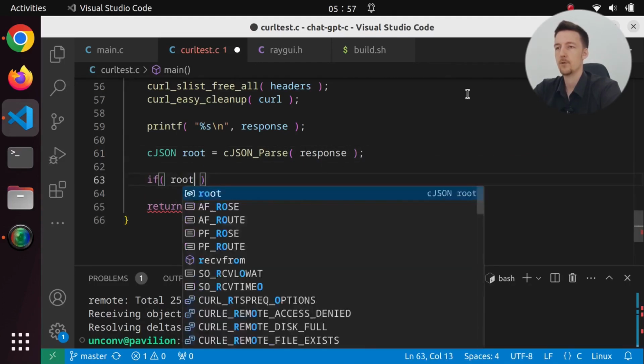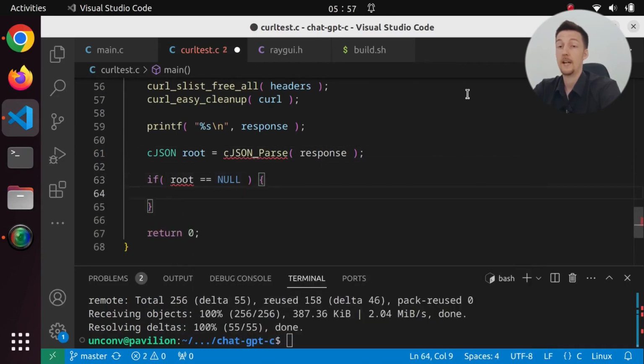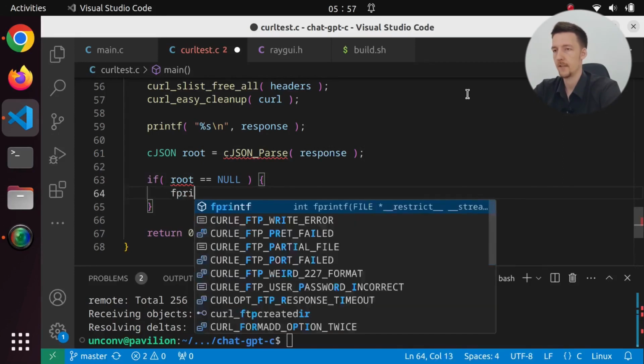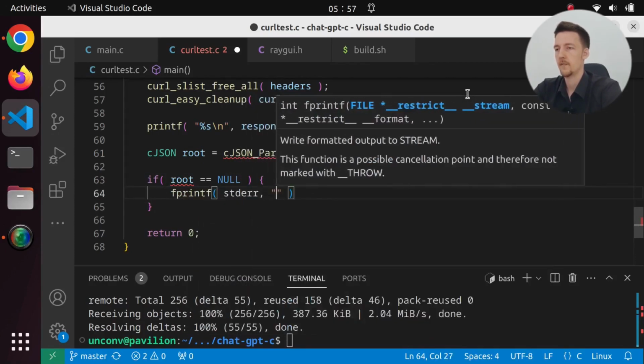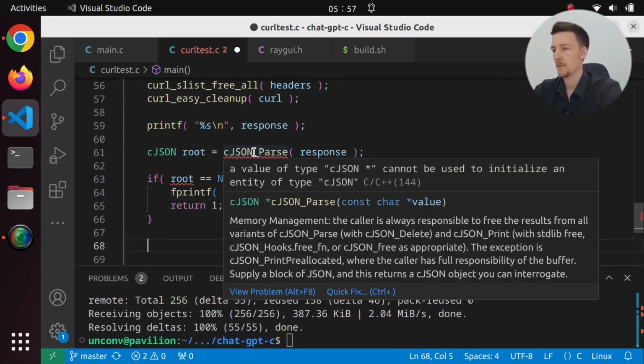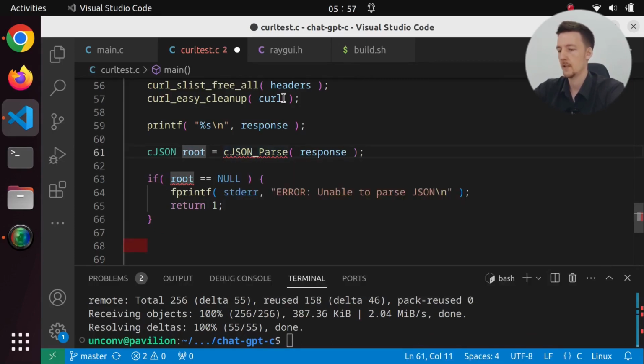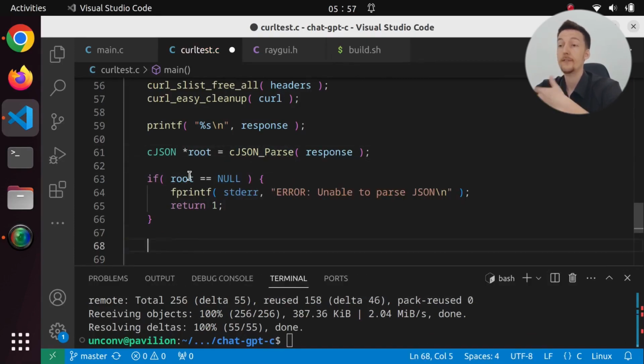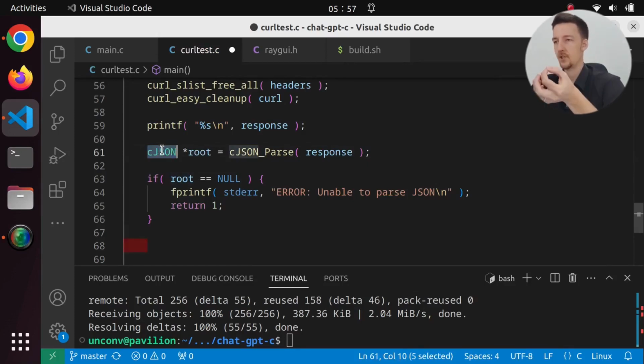And if root is null, then we get an error. So let's do fprintf stderr, unable to parse JSON, return 1. And I'm doing something wrong. This needs to be a star,